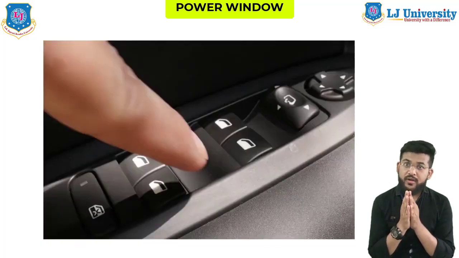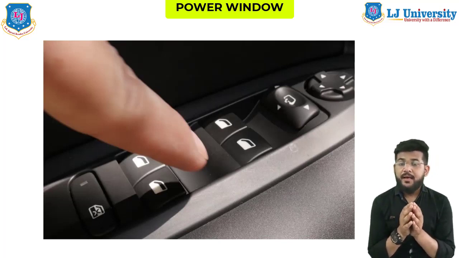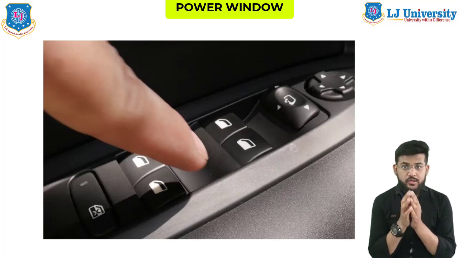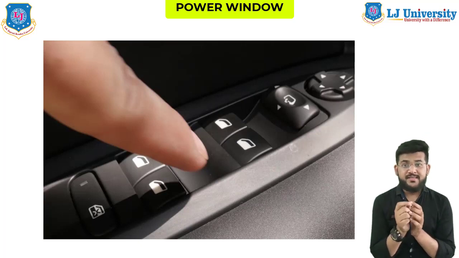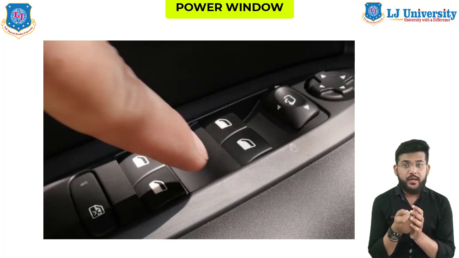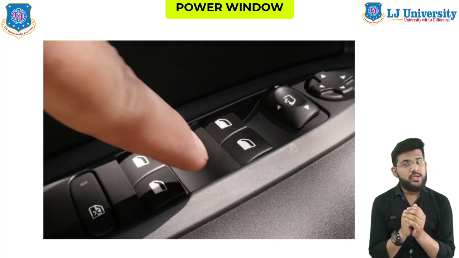For instance, if the driver presses his window switch, the door module closes a relay that provides power to the window motor. If the driver presses the switches for the adjacent passenger side mirrors, the driver's door module sends a packet of data signals onto the communication bus of the car. These data signals tell the body controller to energize one of the power mirror motors, and it will operate.